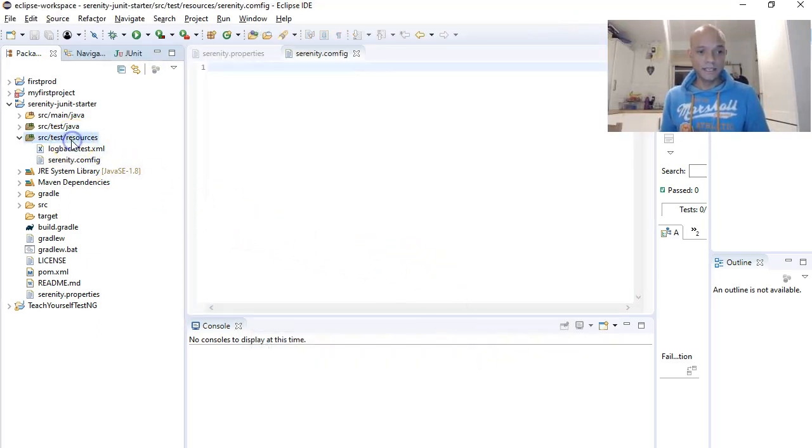Remember, we want to get this binary file, which is browser specific and also operating system specific, into a path on our system. Then in our Serenity config file, we give the path to where that property can be found. That will allow our tests to find that file, and that file will act as an intermediary between our tests and our browser,